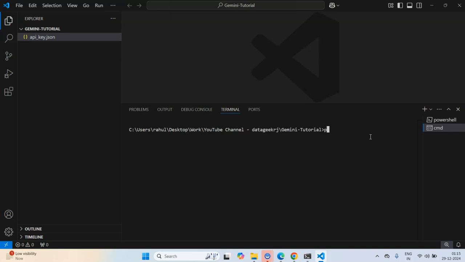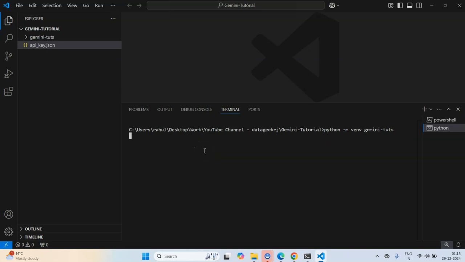For now, I'll just create it using the venv tool, which basically comes pre-built with Python. So I'll do python -m venv and the name of the virtual environment. I'll say Gemini tutorials. Once this is created, you can see there is this folder called Gemini-tutorials.